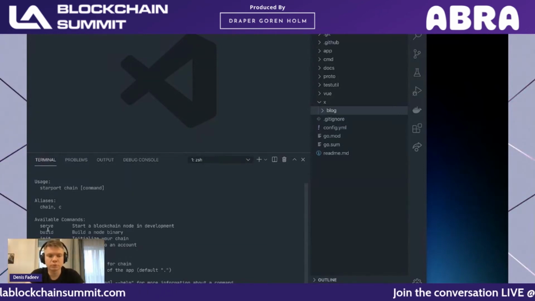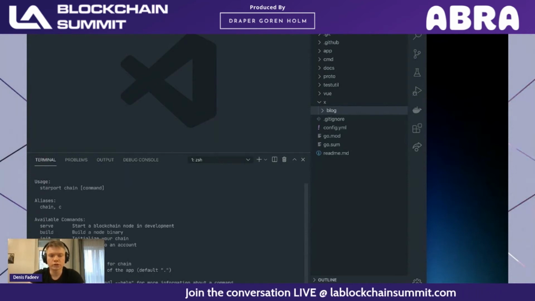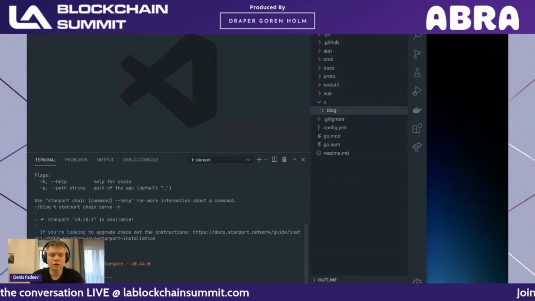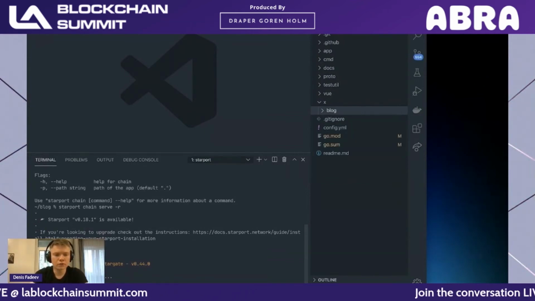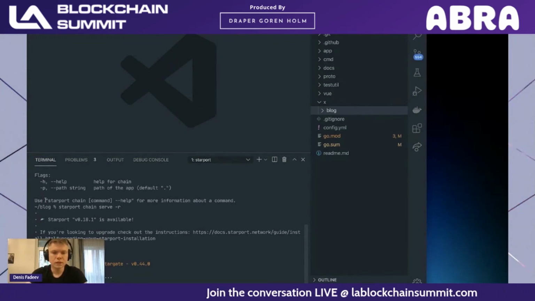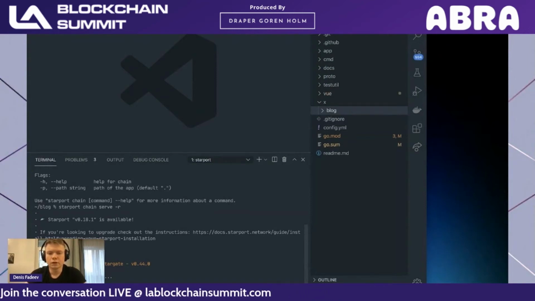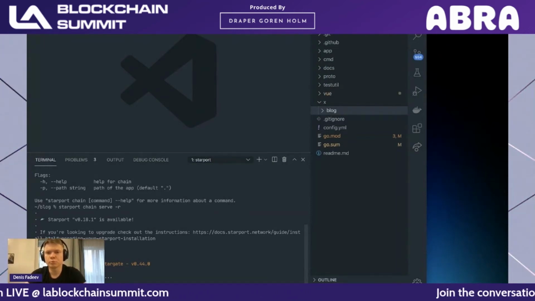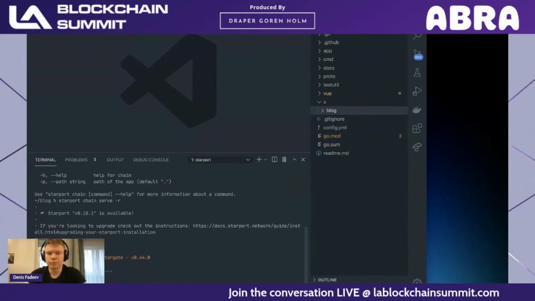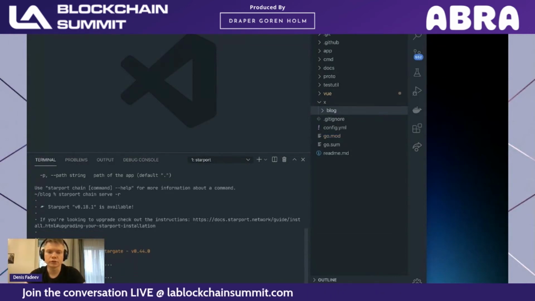So you can serve, you can build, you can initialize, or you can use a faucet on your chain. What we're interested in is serving the chain, and I'll pass a flag called R to reset the chain so we can start from scratch. And what this does is, with just a single command, it will install all the dependencies, it will build protocol buffer files, it will compile the blockchain source code into a binary, and then use this binary to initialize the node and